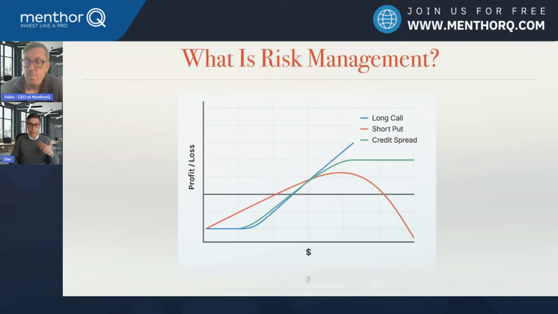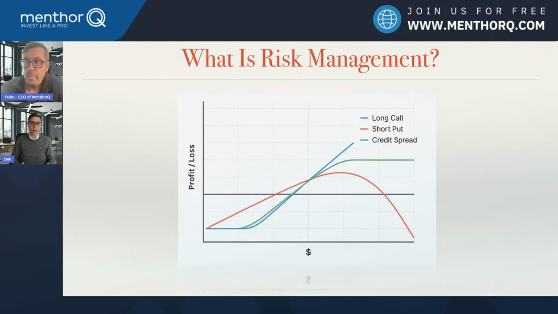So if you buy a long call, yes, there's a risk that this debit you paid will go to nothing, or you will go to the moon by being on the right side. The same with a short put. Like a short put, the underlying, especially in stocks, can go just to zero. But that's the thing. There's a big risk inside that.